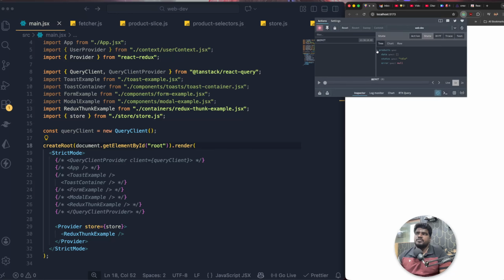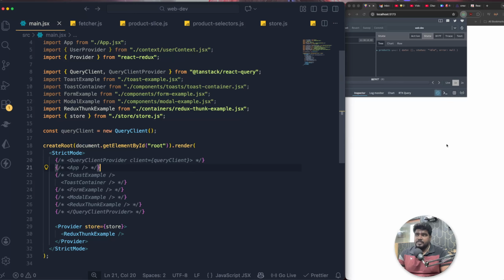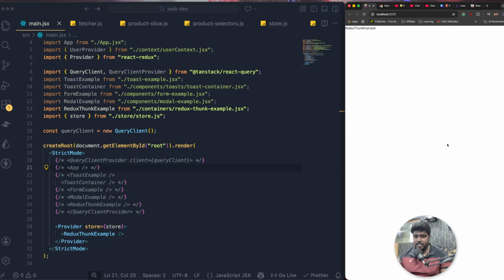What are the states that we do have? The product state, we have these different data, status, and error. Which means our application's Redux Toolkit has been configured perfectly with our app, and everything is working perfectly as we expected. And now what I have to do is jump into the product